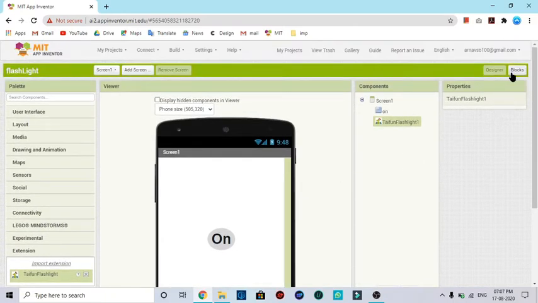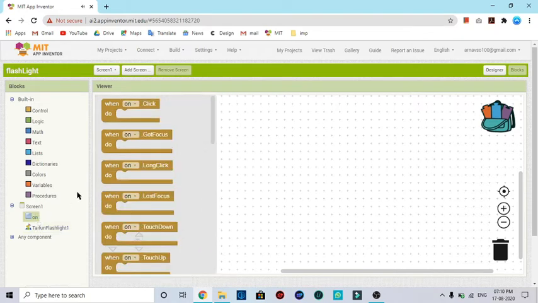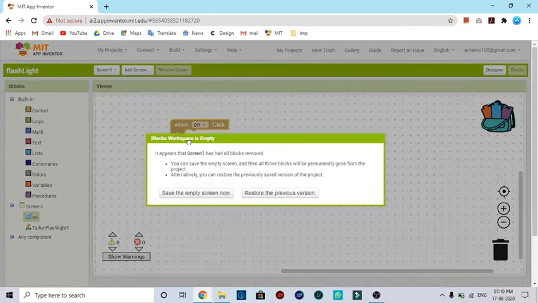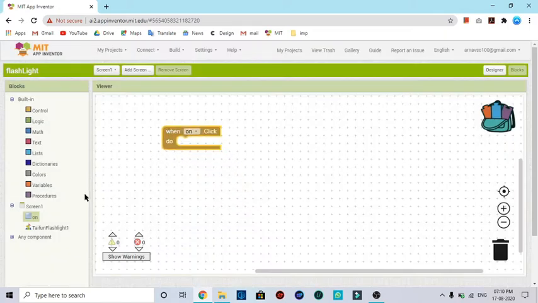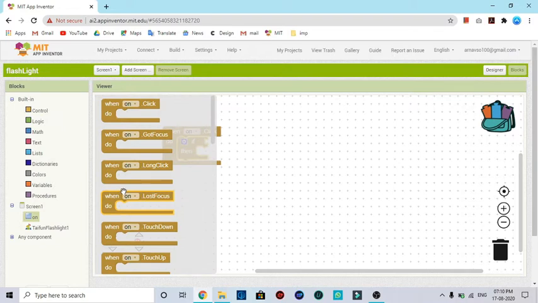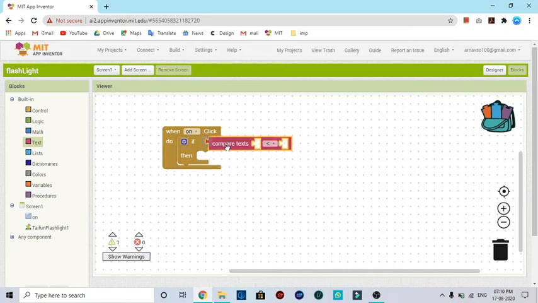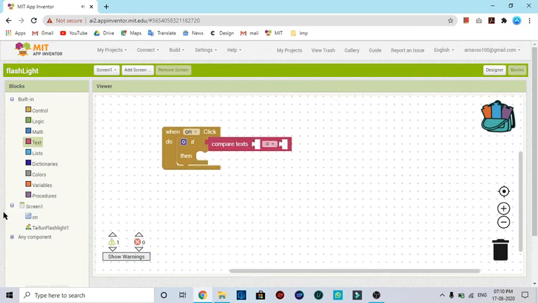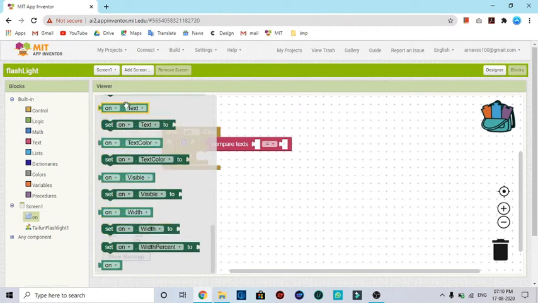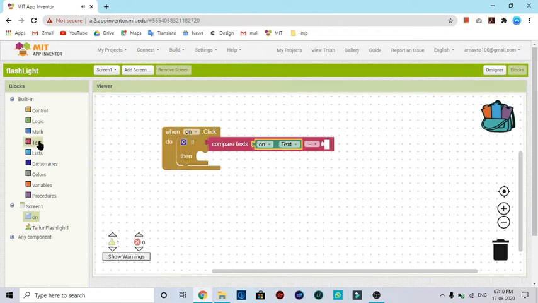Now go to blocks. Click whenever the user clicks on, just do what? Check. For that we need an if. If the text is on, if button1.text is on, for this we need a comparison box. Bring a comparison box and change it to equal. If button1.text is equal to on,